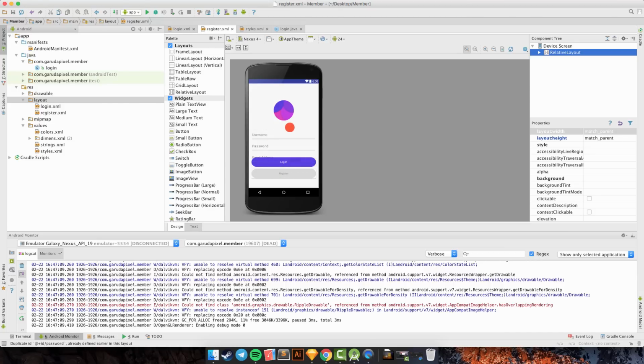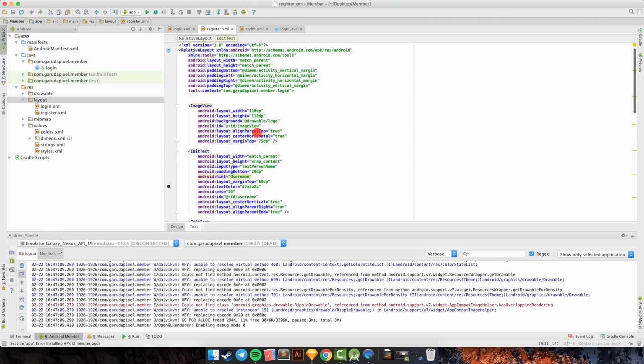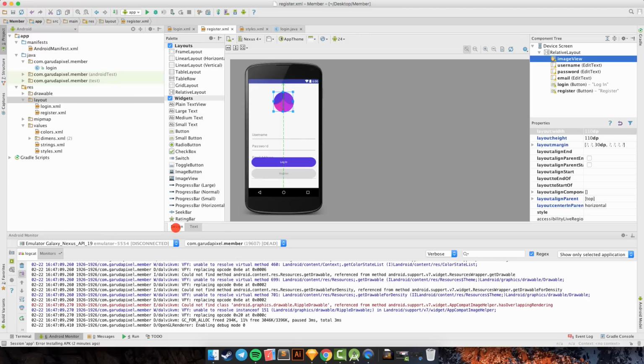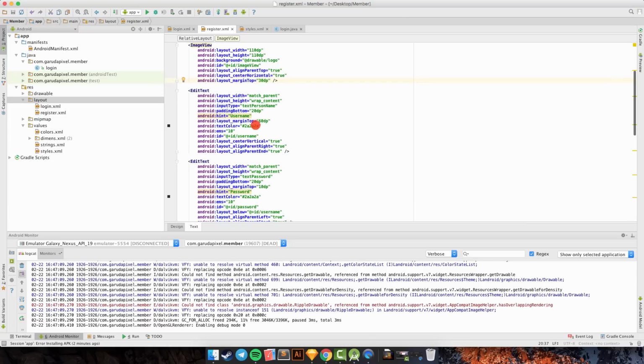How to do that? We just need to remove the bed margin for our logo, so we click here and go back to text, and for image view we can set the DP to 30, and in username we can set the margin top to 30.